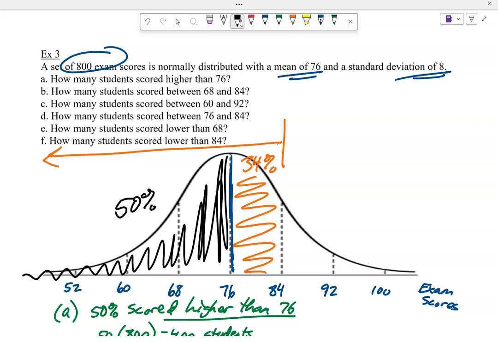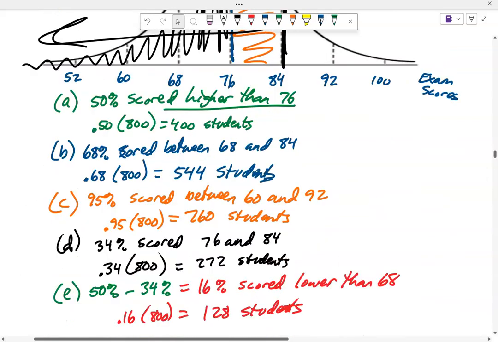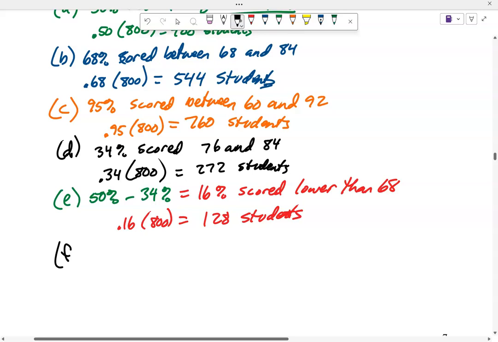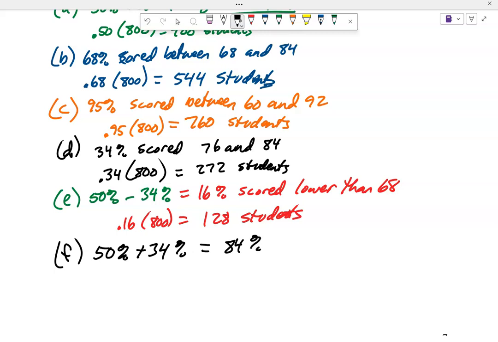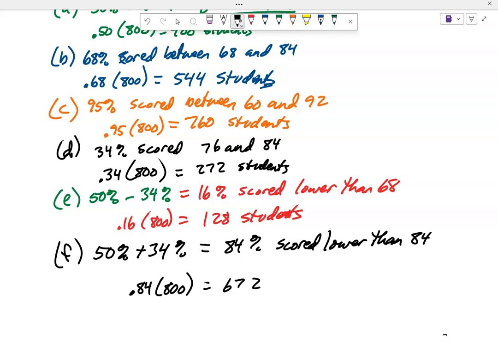So 50% plus 34% is 84% scored lower than 84, right? 84 and below. 84%. 50% plus 34%. So 84% of the 800 students, 672 students. And that's a nice little introduction to the empirical rule,